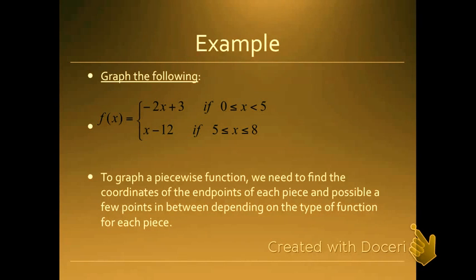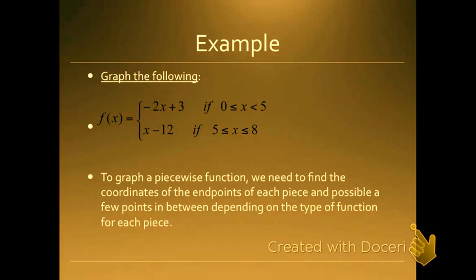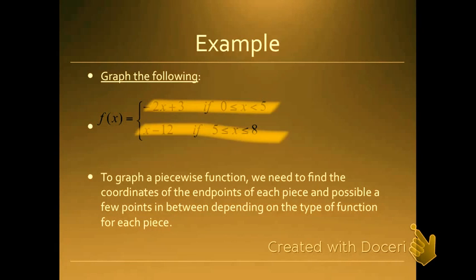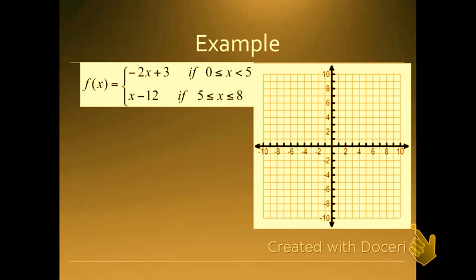So to graph the piecewise, we're going to find the coordinates at the endpoints, both at 5 in the first equation, and then we also need to plug 5 into the second one, and we'll also need to find 0 and 8. So let's look at this one. We're going to plug in negative 2 times 0 plus 3. So we have the point (0, 3),